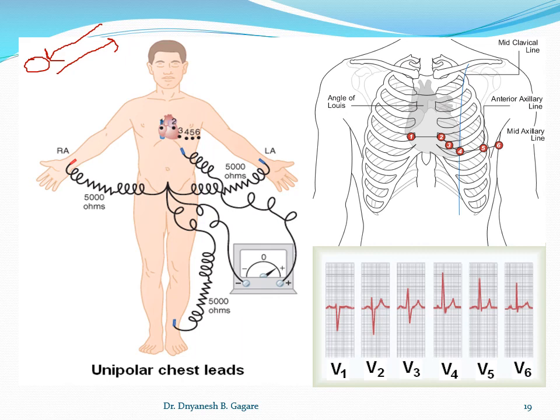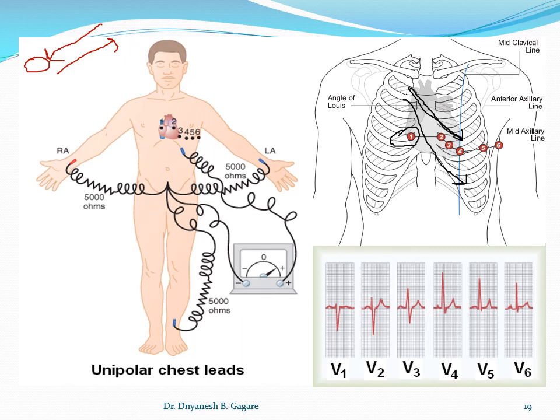The position of the exploring electrode is here, at the right side. The direction of the current flow is obliquely from the right side to the left side, obliquely downward. So if the current flows in this way, that means it is flowing away from the